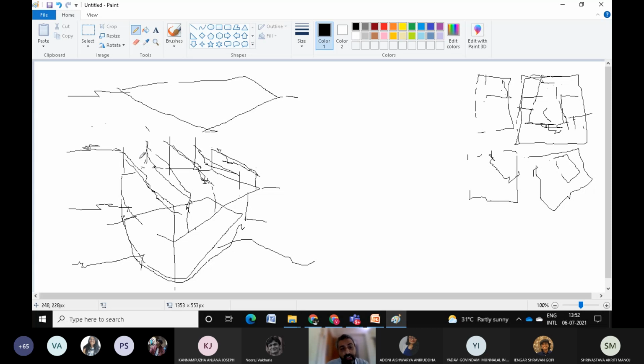And then, naturally, these columns are going to support a roof, which you can decide to be a concrete roof or a lightweight metal roof. So you have four possibilities of a structural system, one on top of the other. And based on that, your design is largely going to evolve.